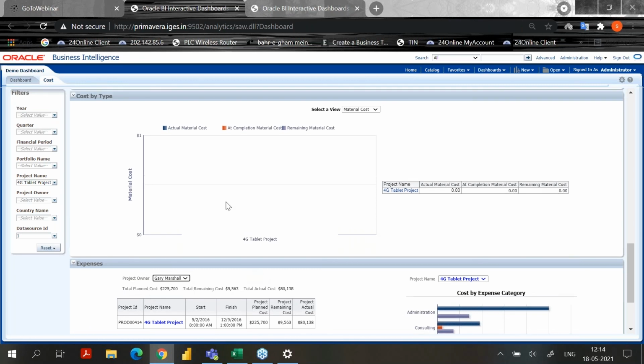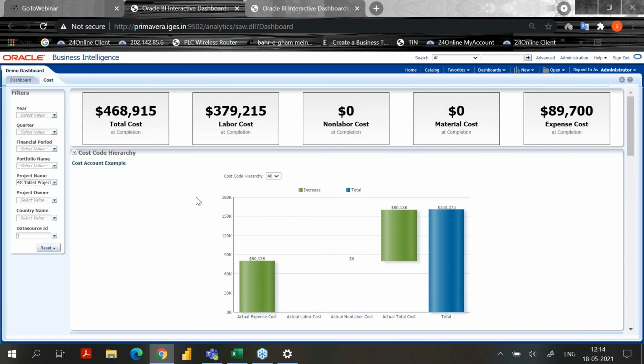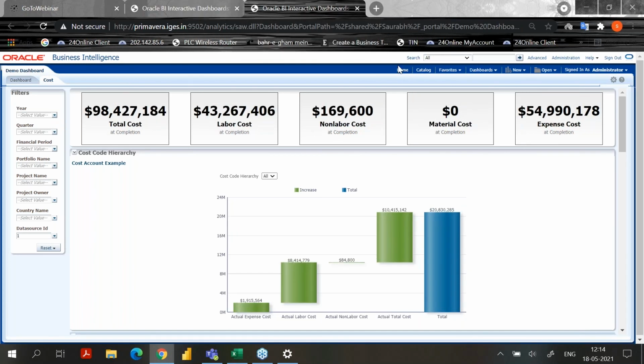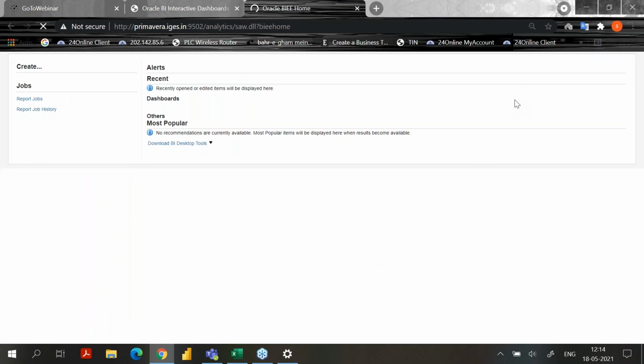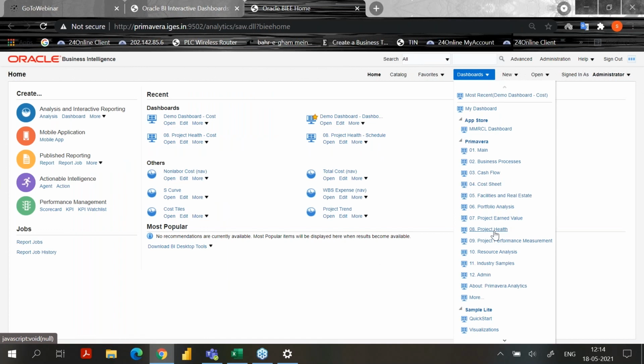So these are the features and dashboards which come from P6 and Unifier, and we can relate from other projects. Other than P6 also we can combine analytics. There are many out of the box dashboards, and I'm going to show you project health.